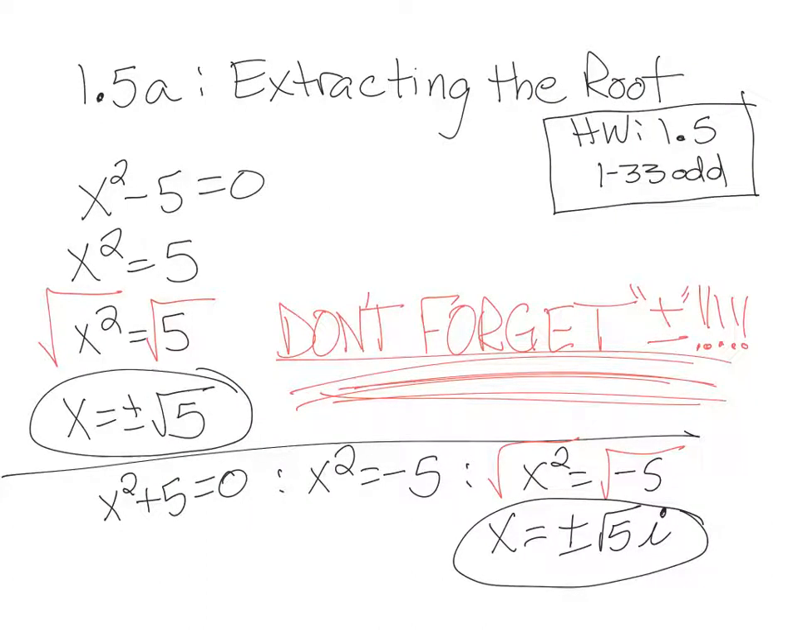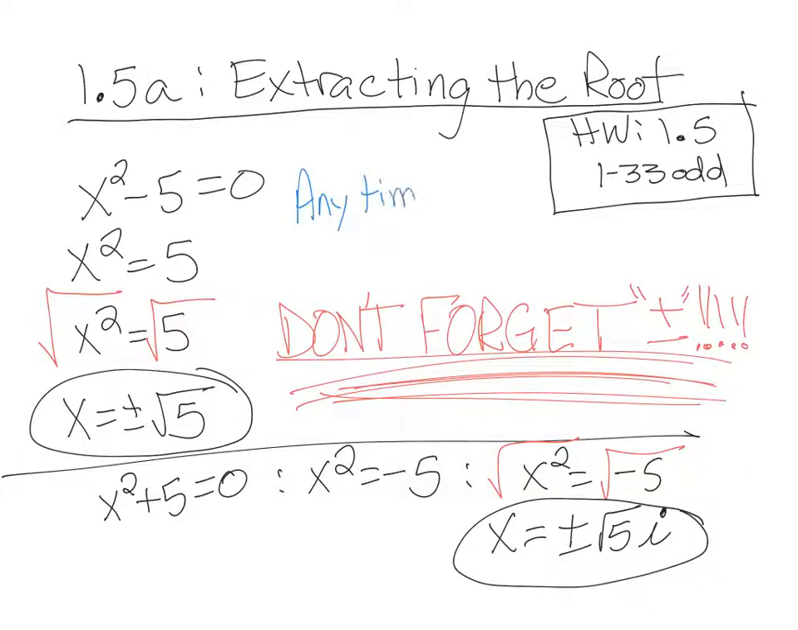All right, here's the reason that we had to learn that stuff in 1.4. Because in 1.5 we start doing something called extracting the root. What this is used for is anytime you have a perfect square and a number, you can isolate that square, take the square root of both sides, and get your answer, okay? But you have to remember, anytime you take the square root,